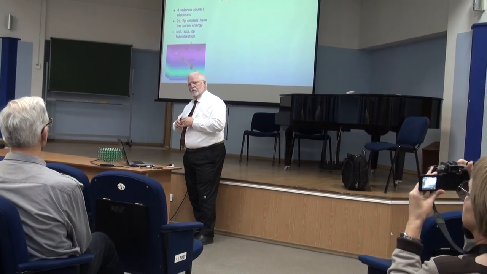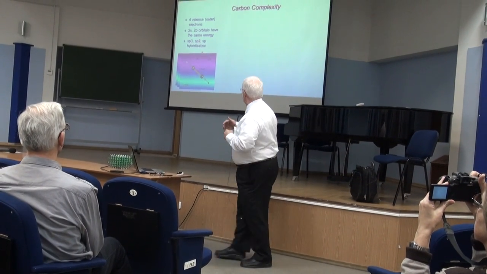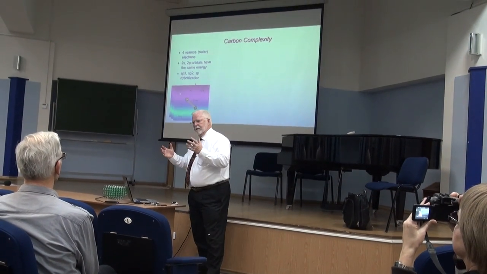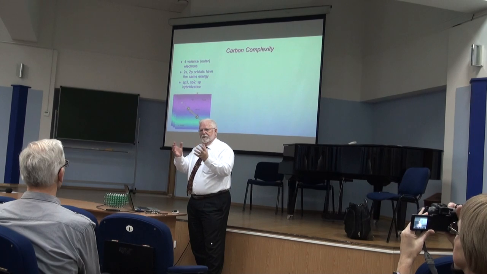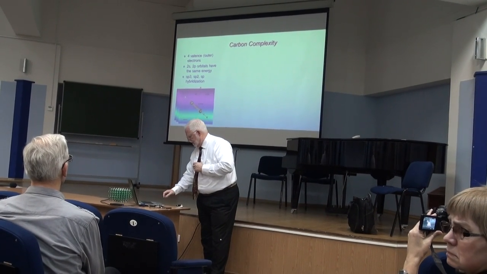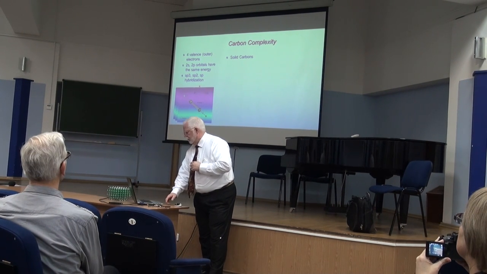And of course, we can go to linear bonding, which has 2 pi bonds now. So now there are 6 valence electrons between the 2 carbons. So the complexity of carbon is this ability to bond in many different ways. And this causes many different kinds of structures and electronic states. For example, for solid carbon,